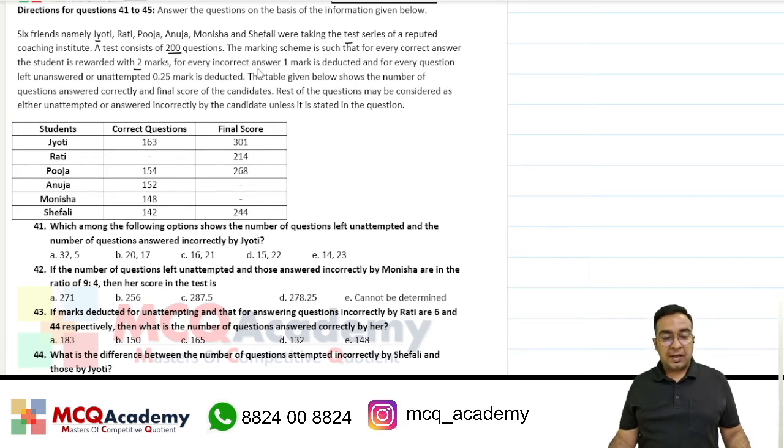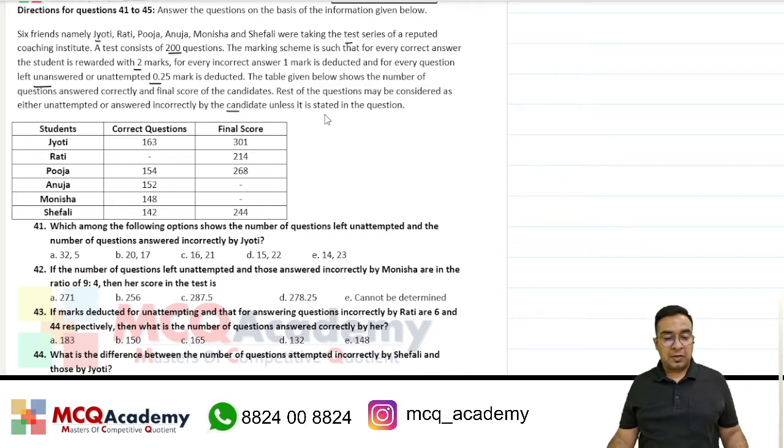For every incorrect answer, 1 mark is deducted, and for every question left unanswered or unattempted, 0.25 mark is deducted. The table given below shows the number of questions answered correctly and final score of the candidate. Rest of the questions may be considered as either unattempted or answered incorrectly by the candidate unless it is stated